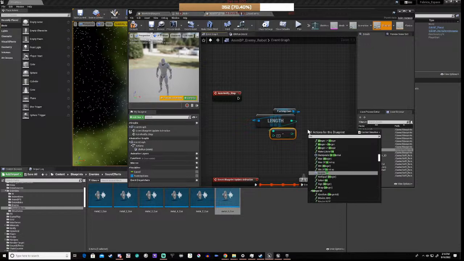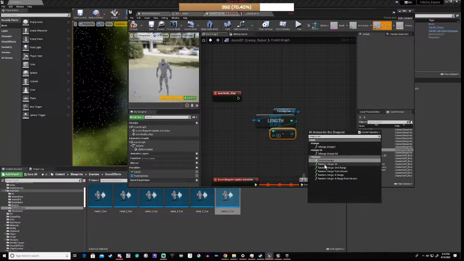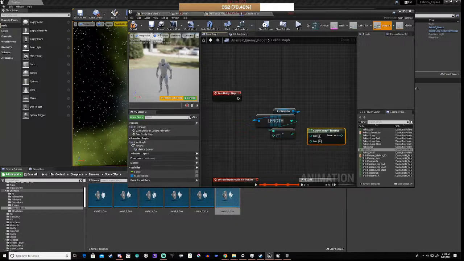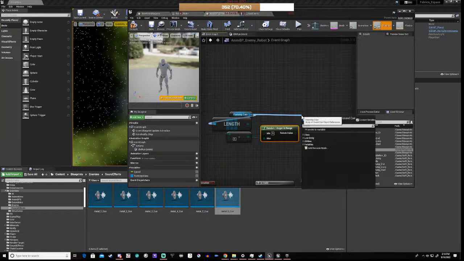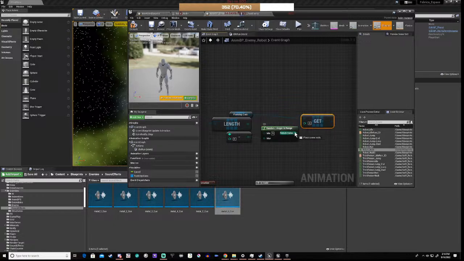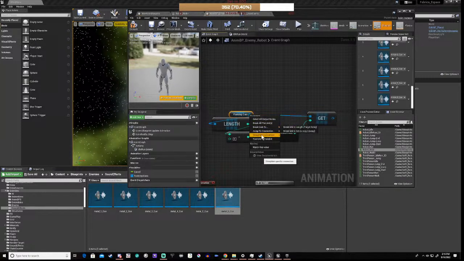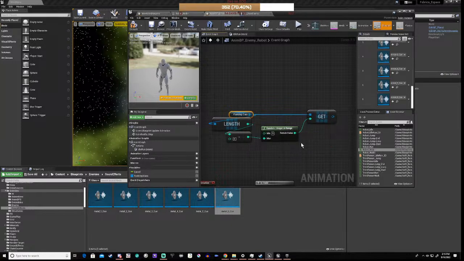Then we do random integer in range, and we go from 0 to this number here. Then we get a copy of this, and we pick this element in the array, or random element, okay,